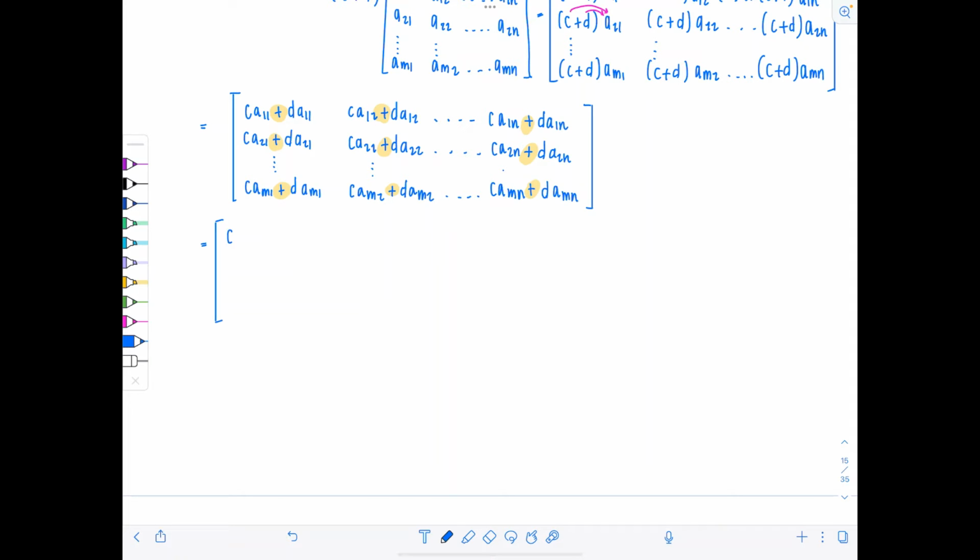So we'll have CA11 here, CA21 here, CAM1, CA12, CA22, CAM2, and then CA1N, CA2N, CAMN, plus